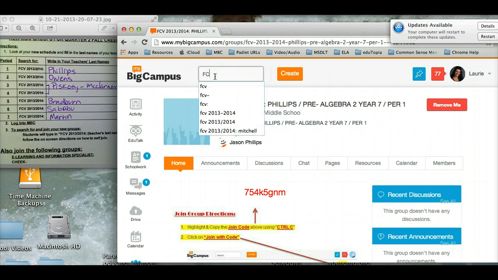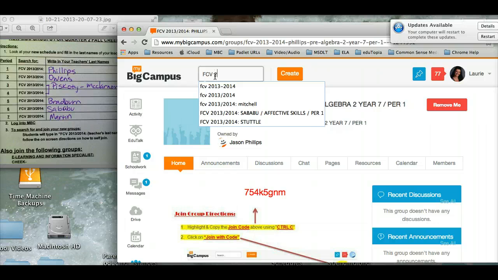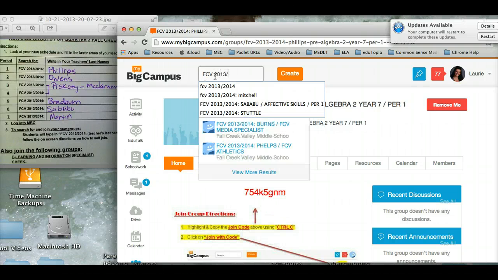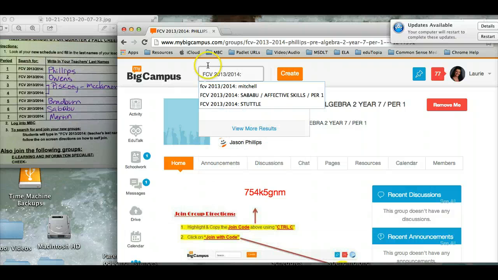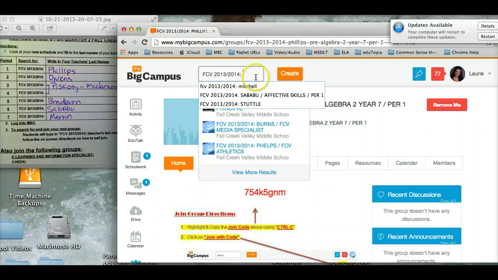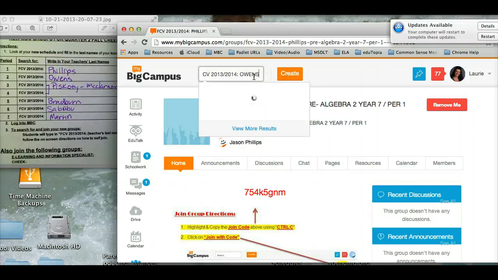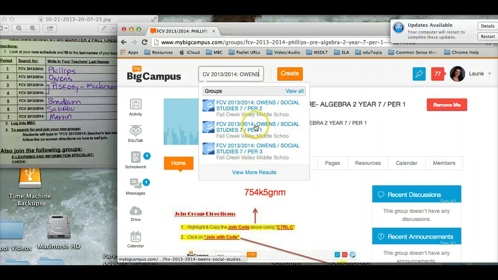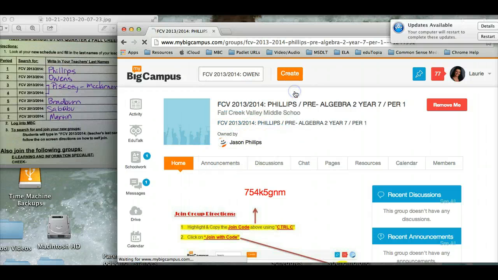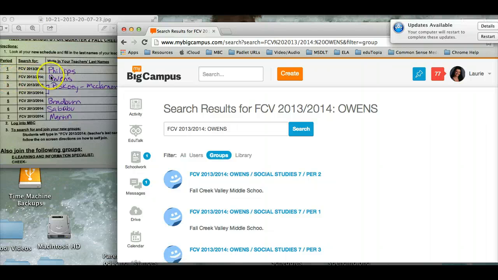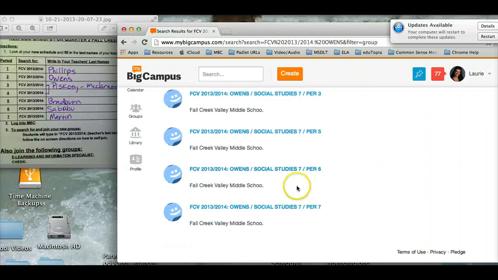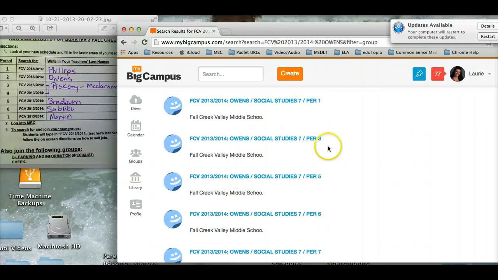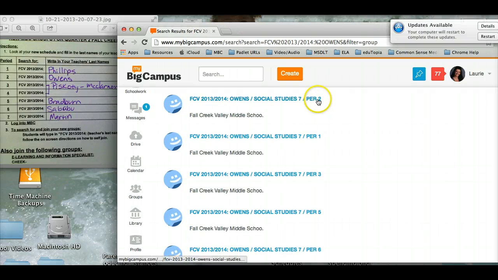I will put FCV space 2013/2014 space and my next teacher's name, which is Mr. Owens. OWENS. As you can see, there are several for Mr. Owens. I'm going to click View All, and I have Mr. Owens' second period, so I am going to look for his group that meets second period, and it's this one right here. So I'll click on it,